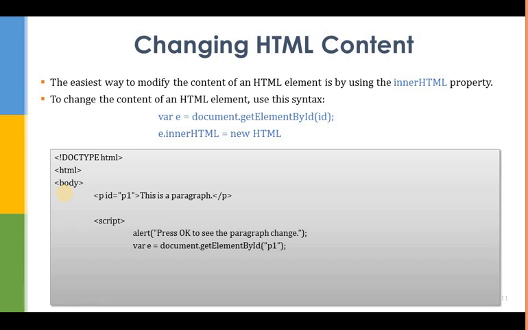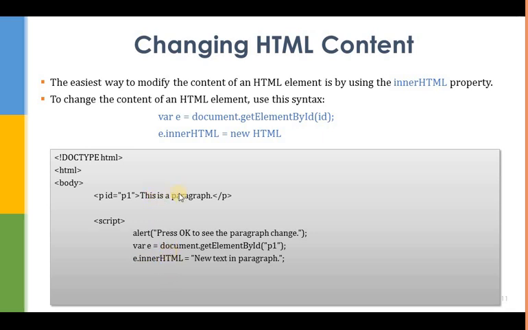Using ID, name, attribute. But using ID is the most frequently used method to find an HTML element, because ID is a unique attribute. So I just create this method, which will return me one object which is referred to by this variable E. Now e.innerHTML will refer to the actual content.